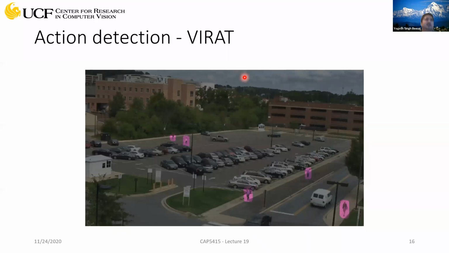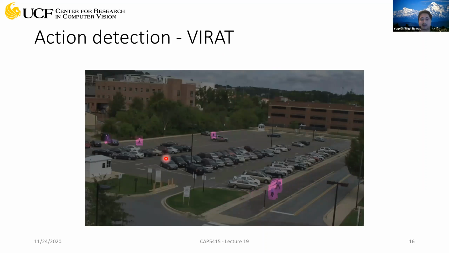And for classification, there is something, and there are a couple of others. But for detection, there are not a lot of data sets available, and the reason is you need these bounding boxes for each and every frame in your videos. One recent data set is called VIRAT. Actually, this is a very old data set. It was released in 2011.